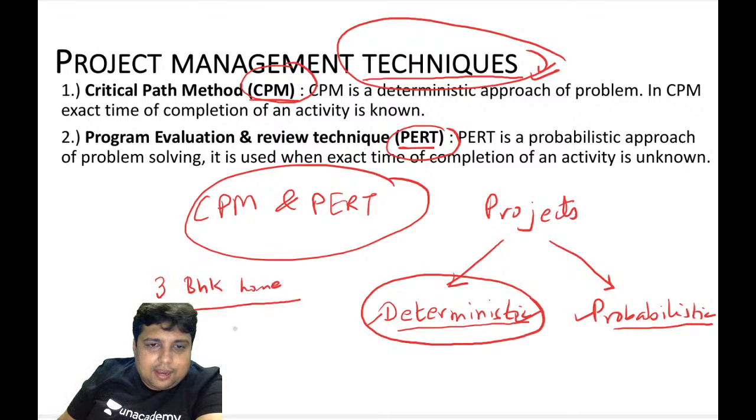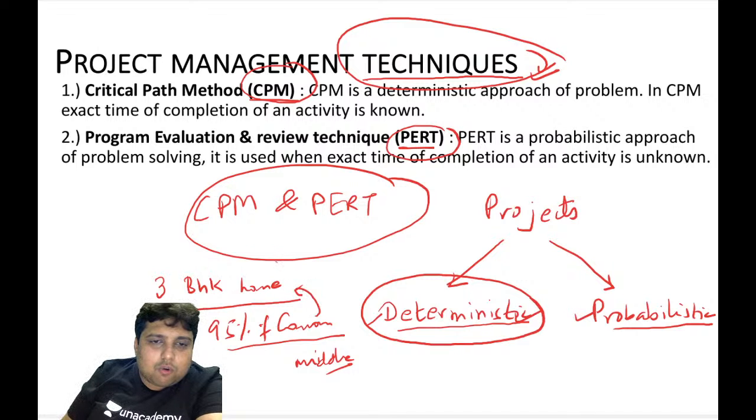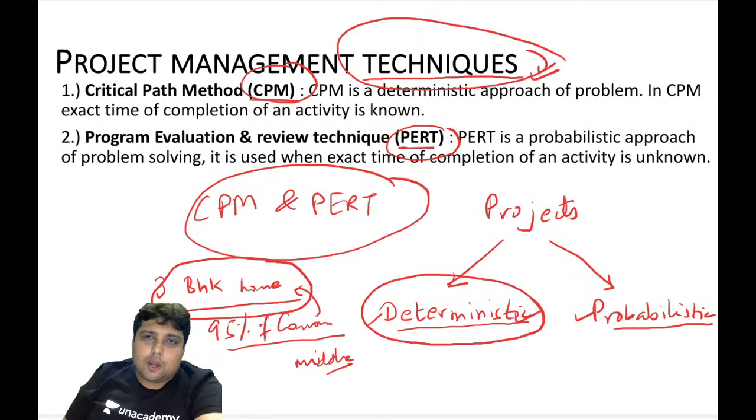I mean, like 95% of the common middle class has a 3 BHK home. A 3 BHK home is not a luxury, it is a necessity. If you want to construct a common 3 BHK home on a common dimensioned plot,